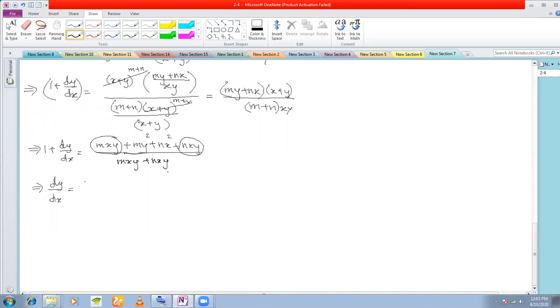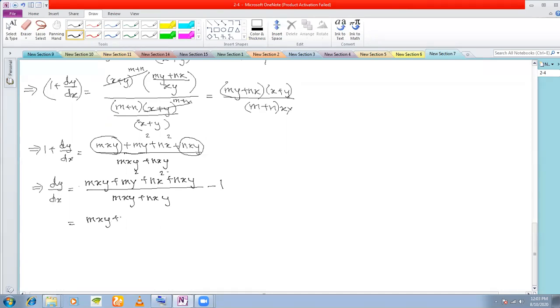Okay. And then what you do is nx square plus nxy whole divided by mxy plus nxy minus 1. Okay, now you take the LCM,